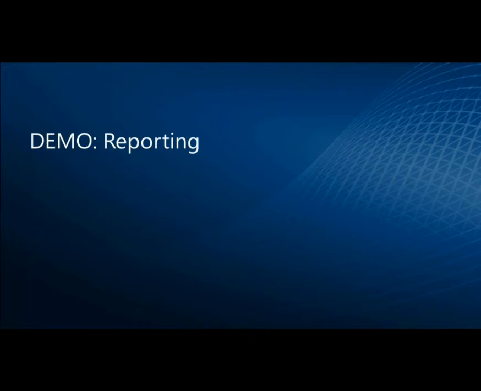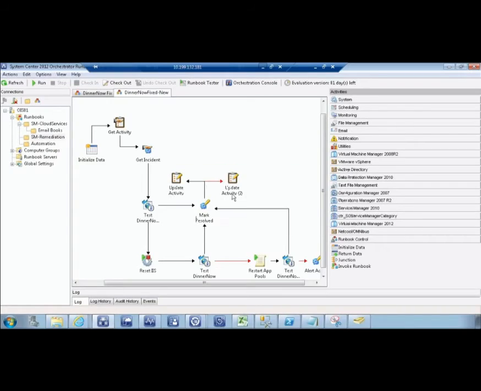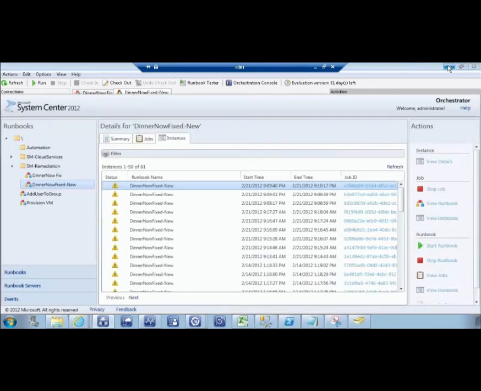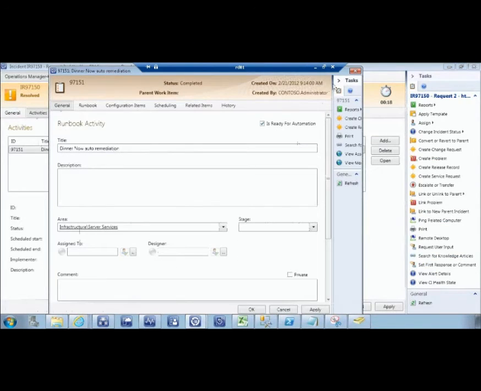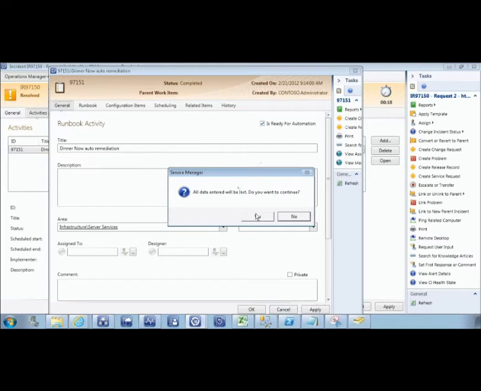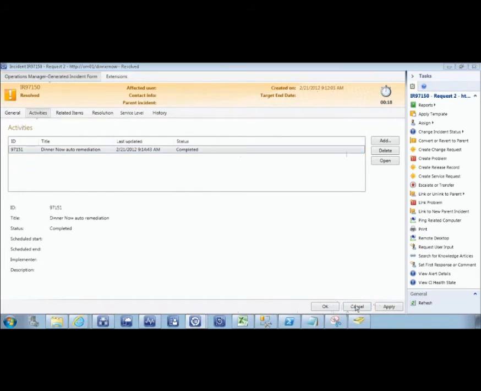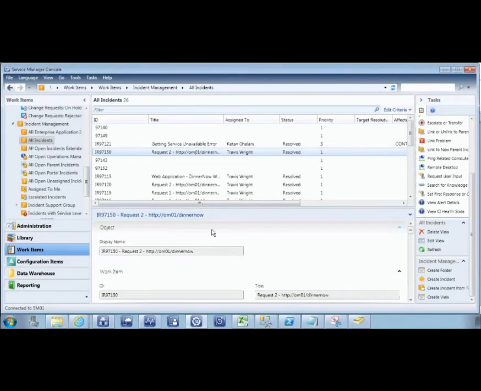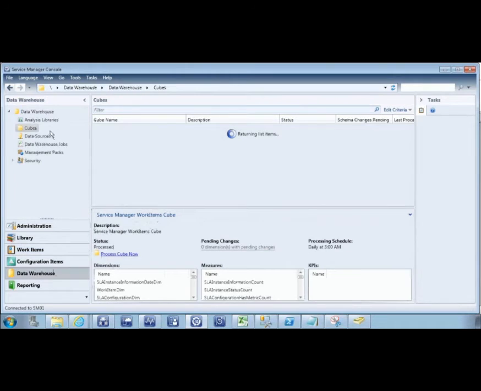So let's go ahead and take a look at what that is. I'm going to flick over now to my demo environment. And I'll go ahead and minimize that console and this console. Clean a few things up here. And I'm going to go over to my data warehouse workspace. So that's going to come up, and we're going to see in our data warehouse, I have a folder here